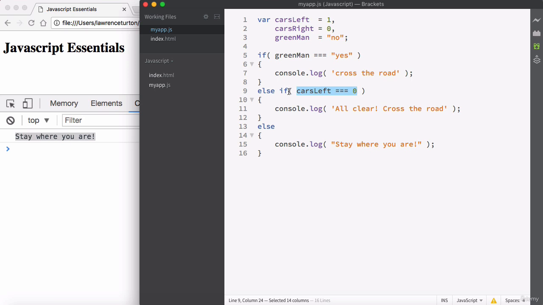Whatever is written in between these parentheses is called a conditional statement, and it's just checking to see if conditions are true. But we have cars left, but we also want to check the right-hand side of the road for any cars as well. So what you have here is the ability to chain multiple comparison operators. Don't forget you got the